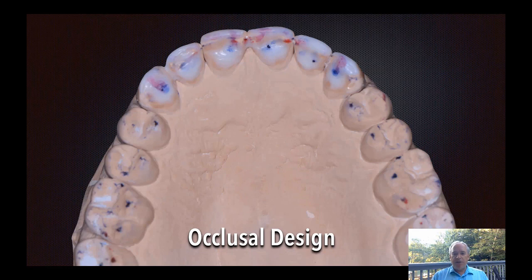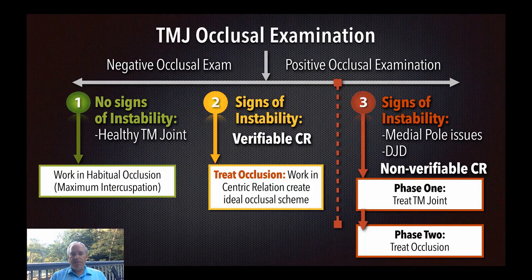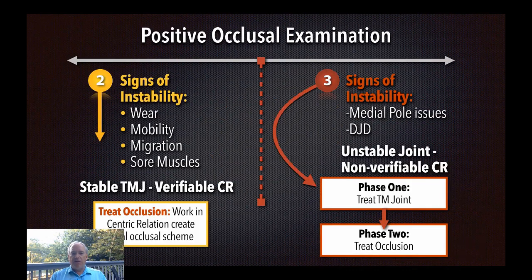That's the earmarks of a good occlusion. Just showing me that I can do some simple equilibration as well as some bonding up front to go where we need to go. So as we go back to our little flow sheet here,